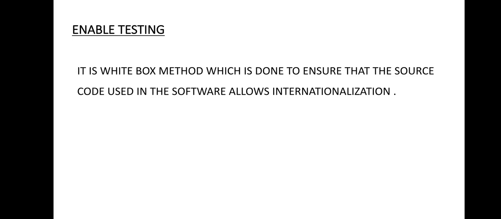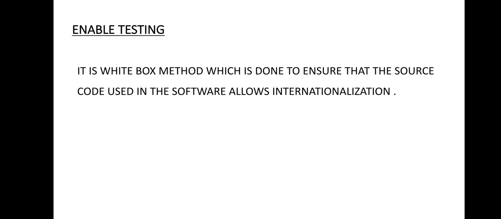So we have to go through an activity: an activity of code review or code inspection mixed with some test cases along with unit testing, with the objective to catch internationalization defects, is known as enabled testing or enabling testing. In enable testing we address a lot of points. On the next slide there is a checklist of the topics that we can cover under enable testing.